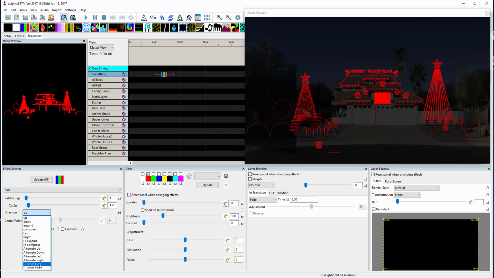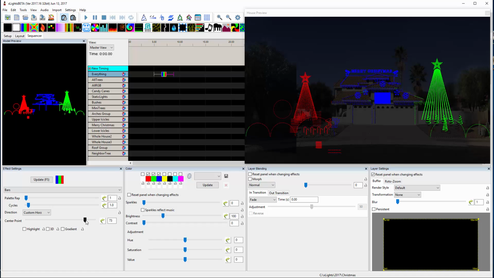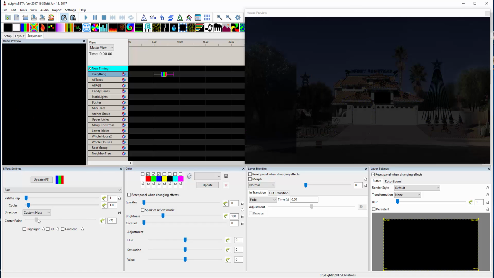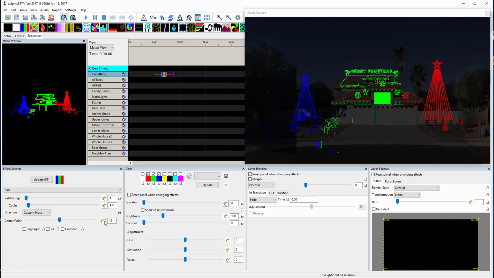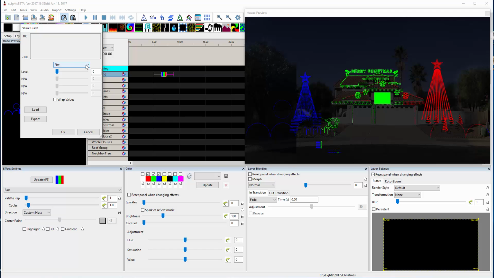Basically what that means is if I choose custom horizontal, it activates the center point and you can use the curve. So if you put just a simple bar pattern up here, it just stays static. So you can move it so the green's over on the right or the green's over on the left. So it just stays static,